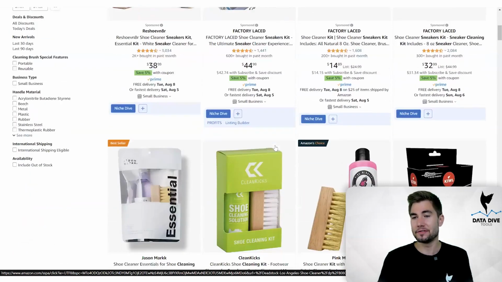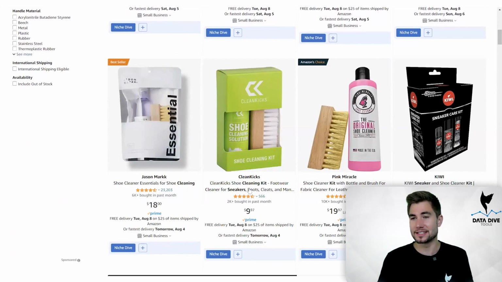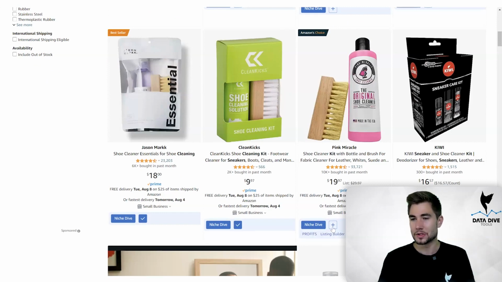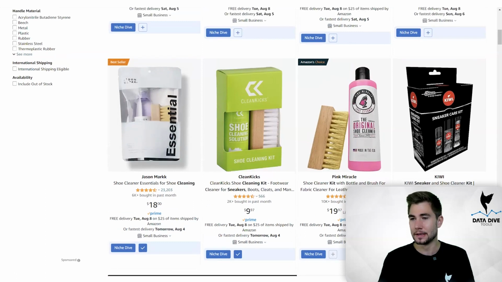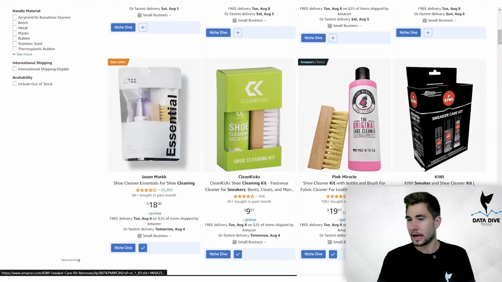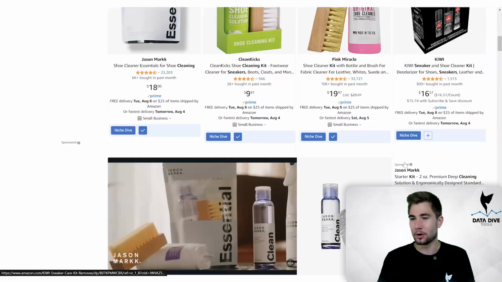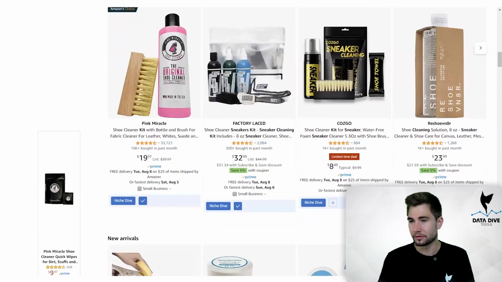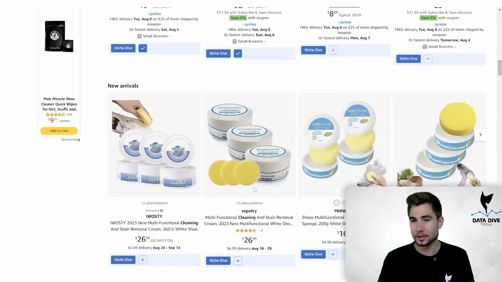And so I want to get 15 competitors that are selling something very similar. And so for this case, I'm going to go with people selling a sneaker cleaning kit. It's like the liquid, the brush, sometimes they have different wipes. And so anyone who has a kit, I'm going to include. I'm going to skip this one because it's got some deodorizer. I don't want to mix different keywords in. I just want to try to get very relevant, very similar competitors for this first dive. So all of these look good.